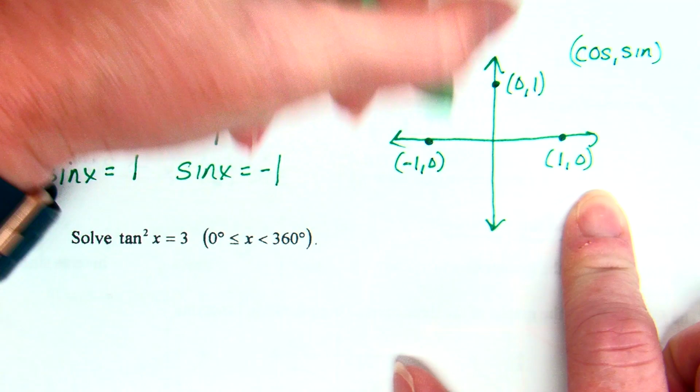Sine is 1 up here. Sine is negative 1 down here. Because it's the quadrantals, we only ended up with 2 answers instead of 4. Now,